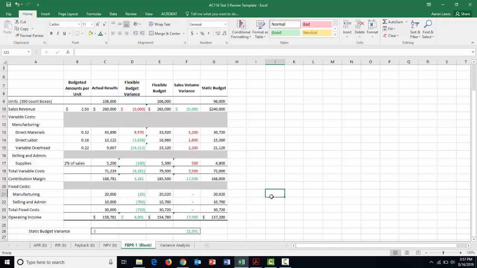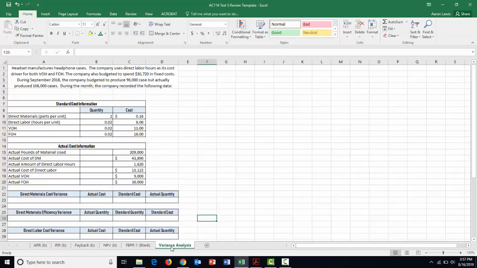And the only way that you can figure out the flex budget variance is to break it down into its two components, which are your cost variance and your efficiency variance, which conveniently brings us over to our variance analysis. So we have Headset over here, who is manufacturing these headphone cases, and they're going to use direct labor hours as their cost driver for both VOH and FOH. The company budgeted to spend